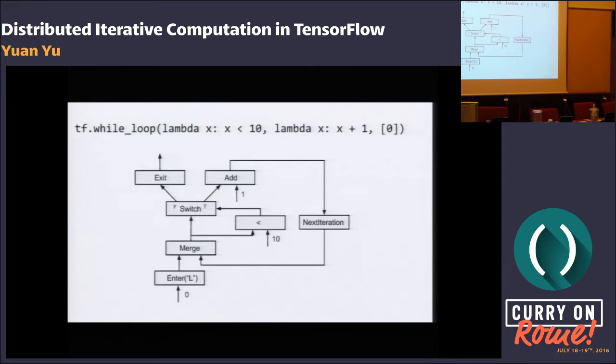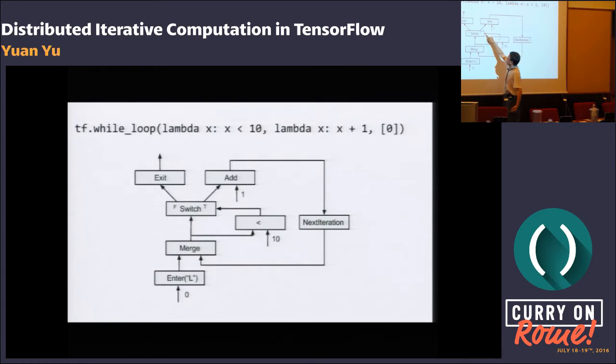And so how about the while loop? The while loop basically is compiled into a form like this. So we enter, this is the initial value. Because for the merge, once there's a value available, it's going to forward it. And it goes here and to the predicate.